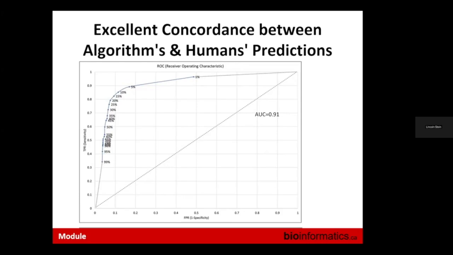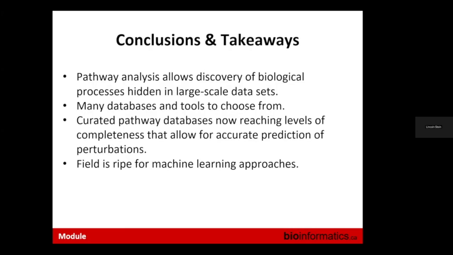And so since then, we have gone and made Boolean models for each of our pathways, and we're looking to get that published and apply it now. Okay, now with the generative AI models, we really need to do the whole thing over again using one of those models to compare. So in summary, pathway analysis allows you to discover the biological processes hidden